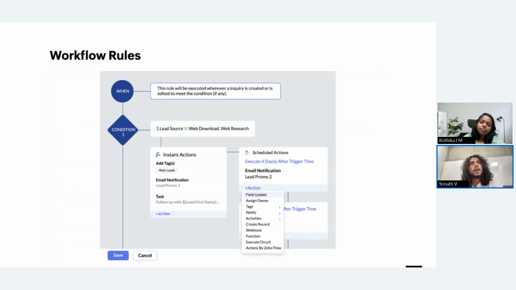So you can also write functions, custom functions, if you are a coder. So this is fairly no code. But if you have people who can code, you can write custom functions which operate as webhooks. So every time a lead enters CRM, you can trigger a webhook which will do an action on any third-party